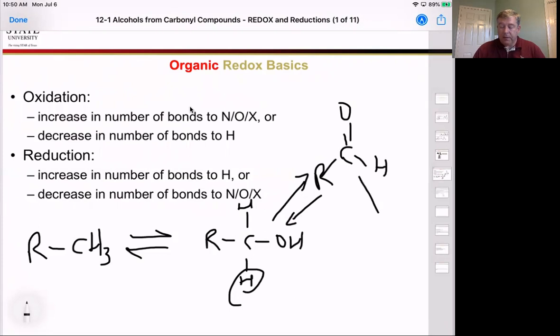And we can even oxidize this even further by oxidizing off our last hydrogen to generate our carboxylic acid in this case, right here. But we can also reduce that carboxylic acid first down to the aldehyde, then the alcohol, and then all the way down to the alkane. So this is the process of organic redox or reduction oxidation processes that we're going to learn about in this